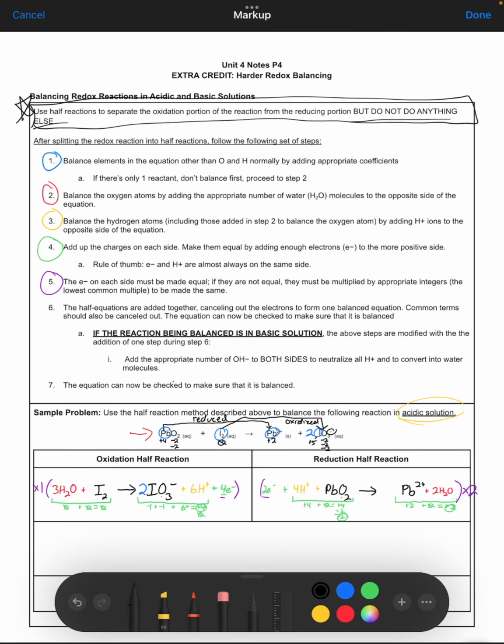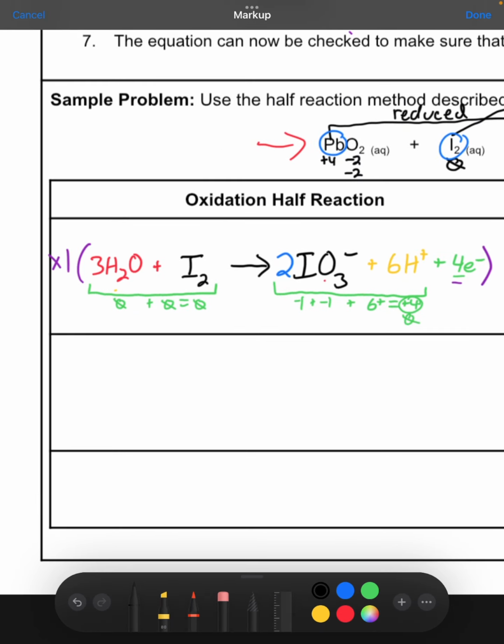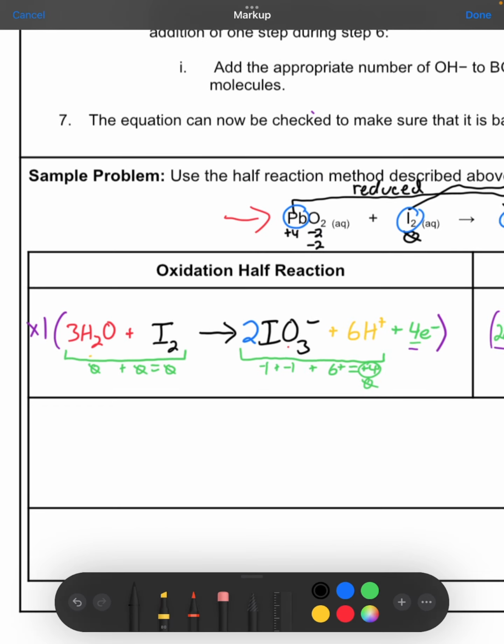Any common terms should also be canceled out, and the equation can now be checked to make sure that it is balanced. So we're going to do a lot of rewriting and crossing out and rewriting in step 6. So I'm going to start out by rewriting every single thing that's on the left-hand side of the arrow, both in my oxidation half reaction and in my reduction, remembering that I may or may not be multiplying by an integer to do so. So I have my 3 H2O molecules, I have my I2 molecule, and then over here I have my